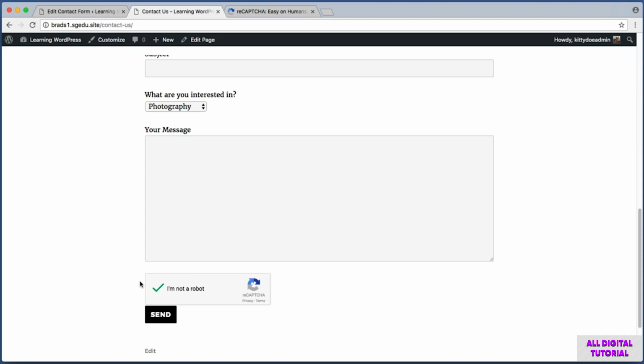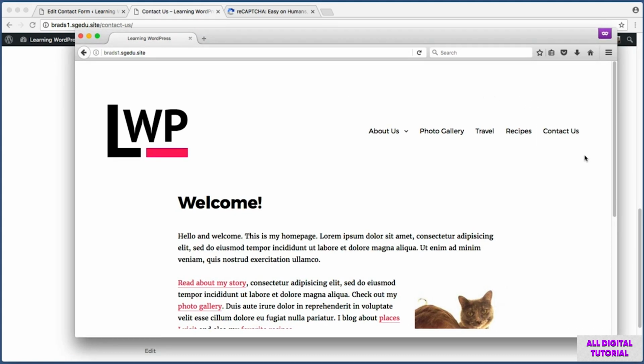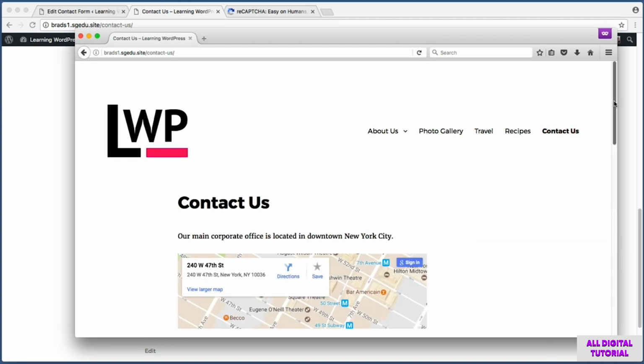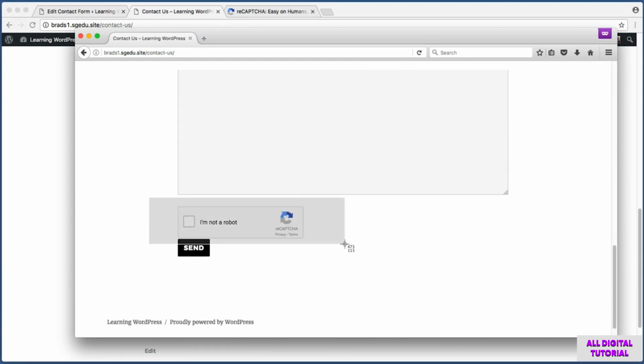However, what if a random stranger visits our website and tries to use our contact form? So I'm currently using Google Chrome as my web browser, but if I open up Mozilla Firefox, so in this browser window, I'm just a random stranger visiting this website. And if I go to the contact page and scroll down, here we see the CAPTCHA field, only this time if I click I'm not a robot,